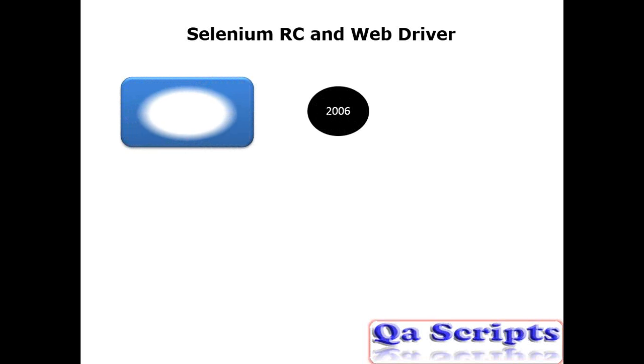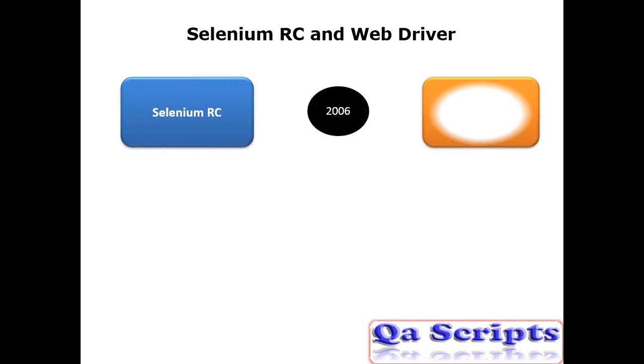So those disadvantages will be removed, and the advantages of that merged API will increase because of the advantages of both APIs. So after discussion in 2006, the designers of RC as well as WebDriver